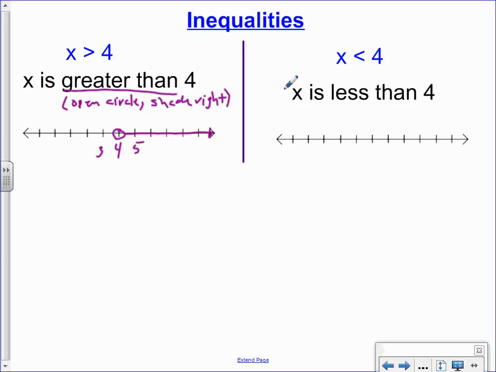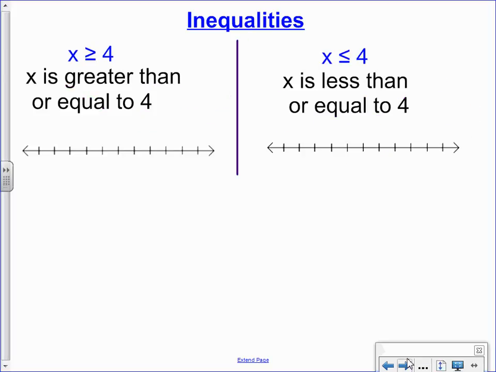In the second one, this is red, x is less than 4. So again, if it's less than, that means you're going to graph an open circle. Right? But this time, we'll shade to the left. All right. So again, 4 in the middle, something before, something after it. Open circle, this time you're shading this way. Right? Okay, the difference between this and the next one is that little bar underneath,